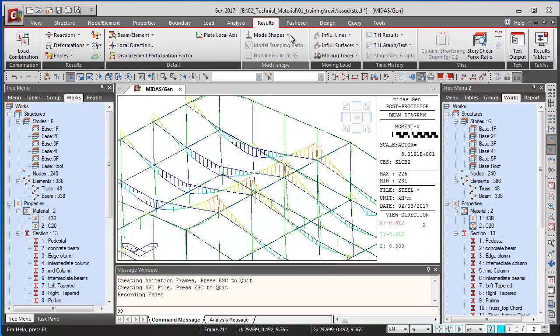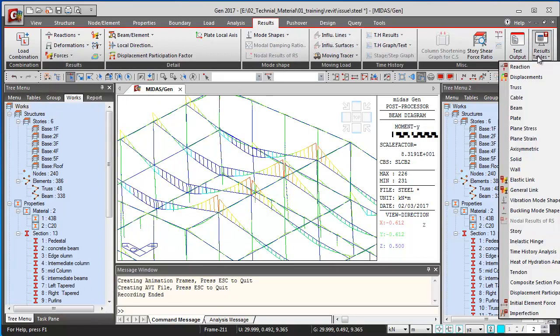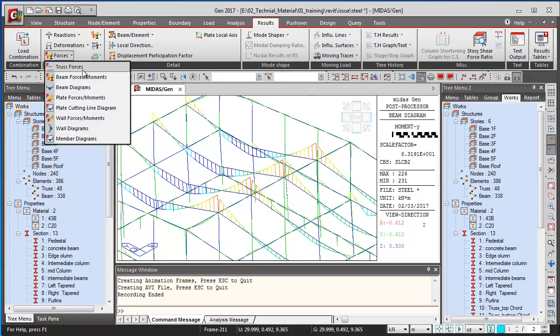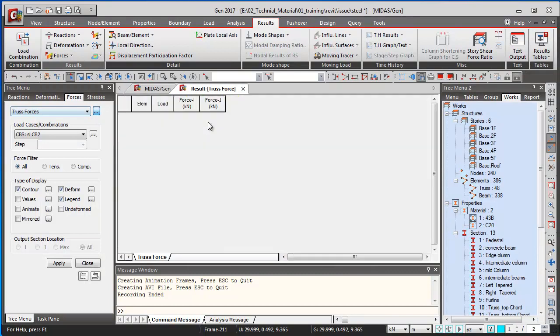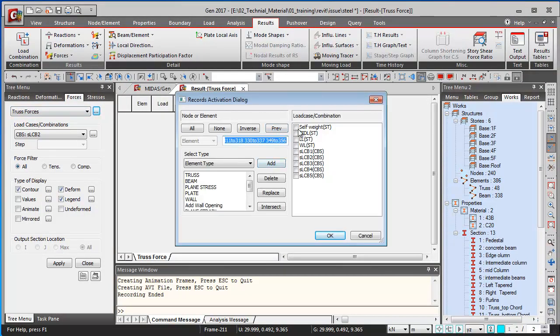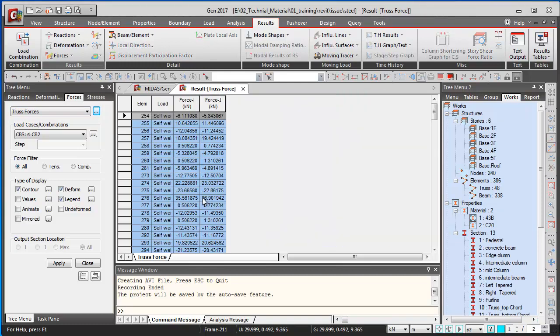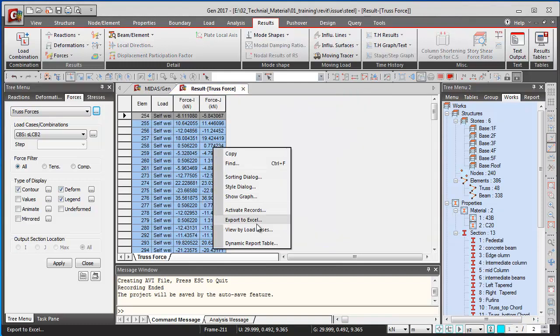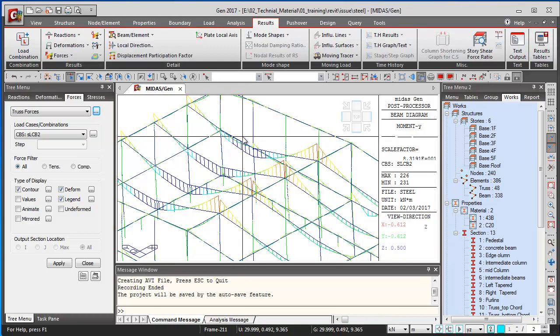Let us go ahead with the result tables, which again, like we said, we can just click over here at the side and we can get all the results in the tabular format, which we can again export to Excel and further do the required